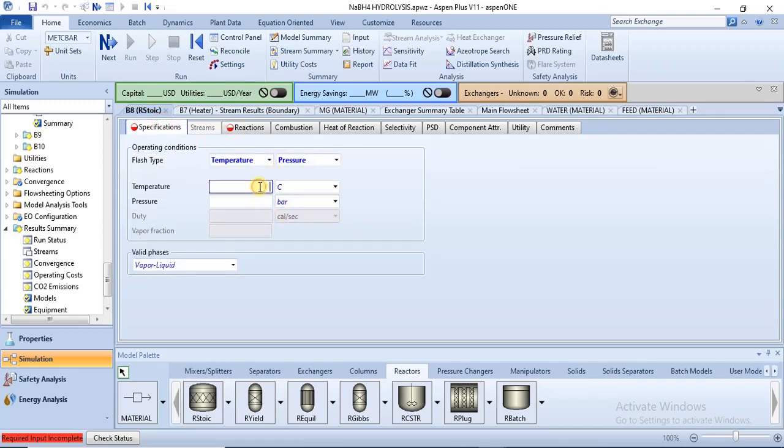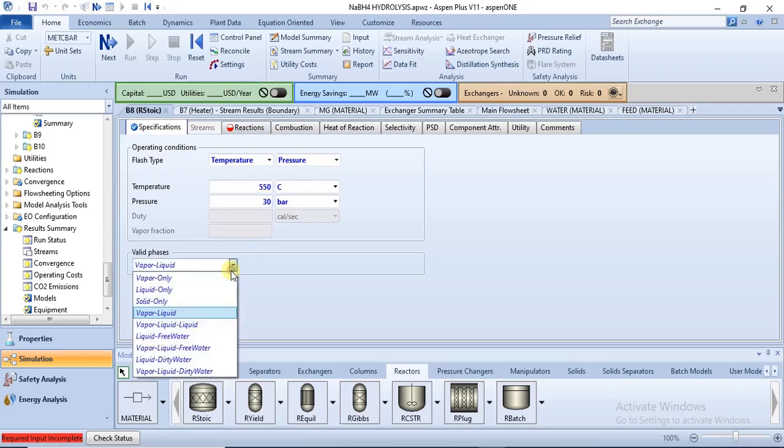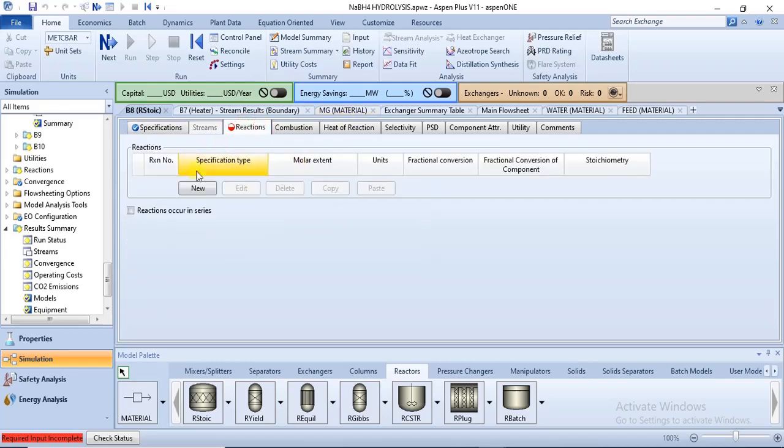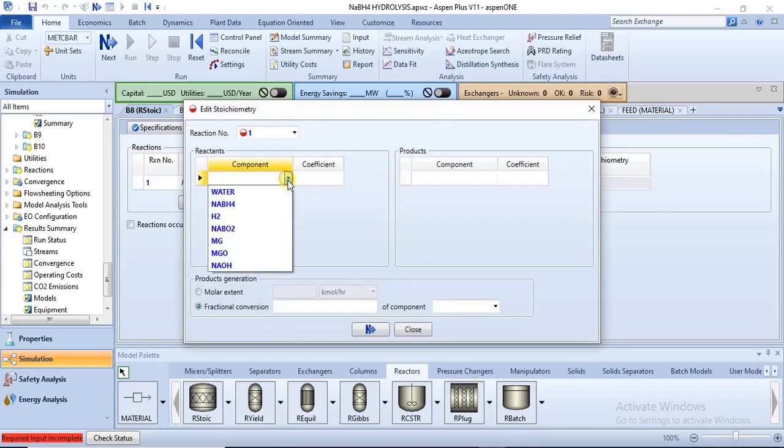So for the temperature, it's still the same temperature as the feed, that is 550, and this is 30 bar, right? That's for the specification. Valid phases, I'll leave it as vapor liquid because our feed is a combination of liquid and gas, that is hydrogen. So I'll leave it like that. Let me see. Yeah, I'll leave it as vapor liquid. Then reaction, we specify our reaction, so you click on new, then you add the components and their